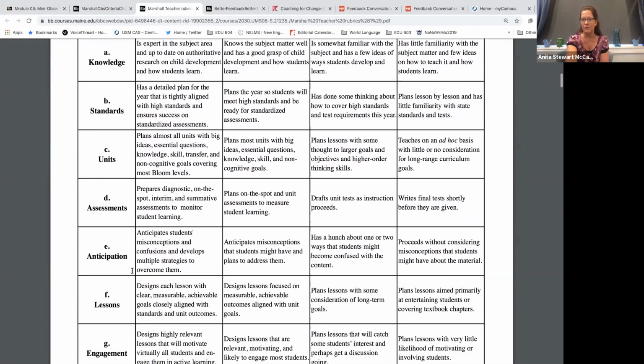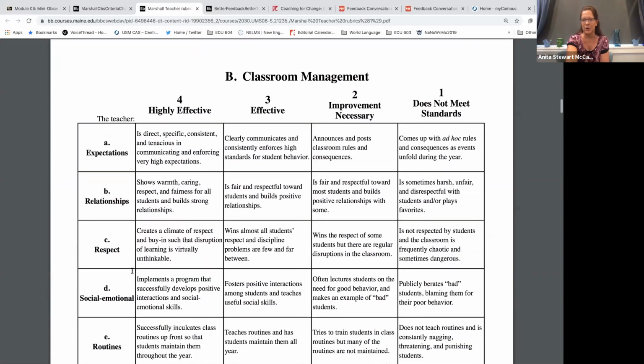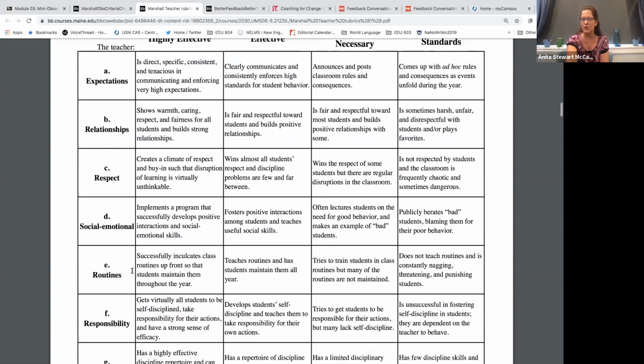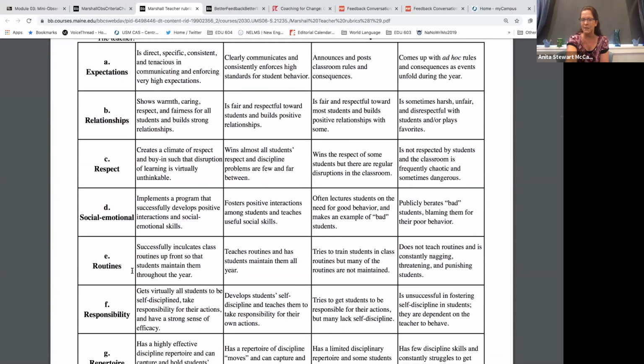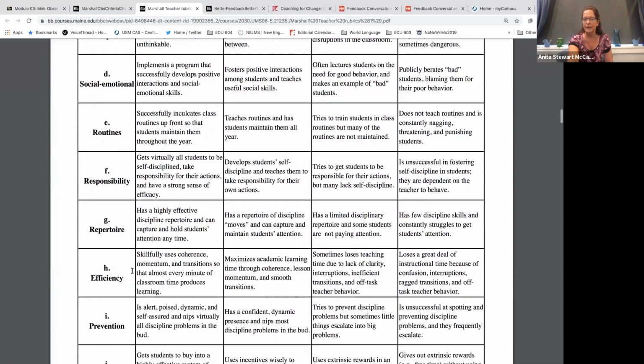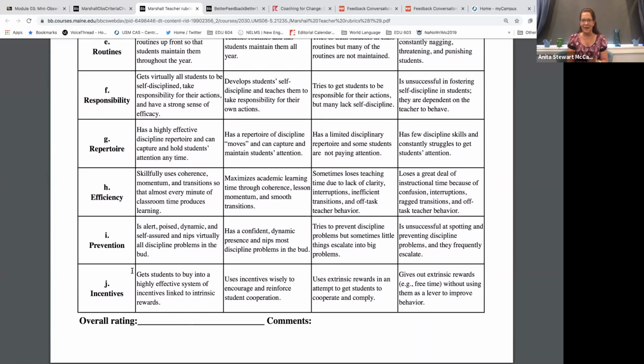So I'm going to scroll, without trying to make you too seasick here, so that you can look at the rest of the domains. So classroom management, you'll see, is broken down into expectations, relationships, respect, social-emotional, routines, responsibility, repertoire, efficiency, prevention, and incentives. So one of the things that I hope you're seeing right away is, whoa, that's a lot to be rating or scoring or thinking about for each of these domains,